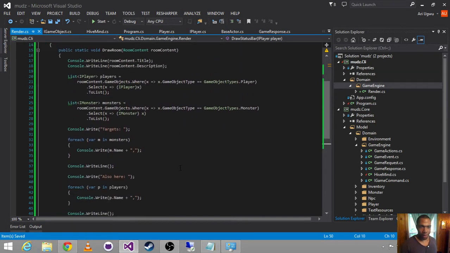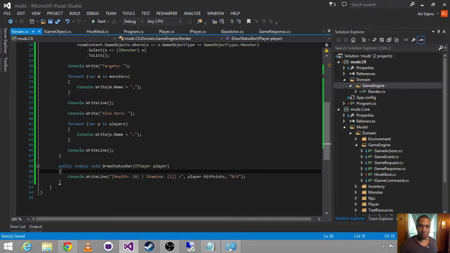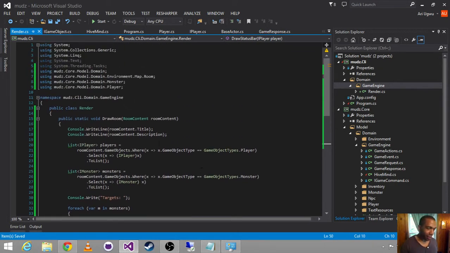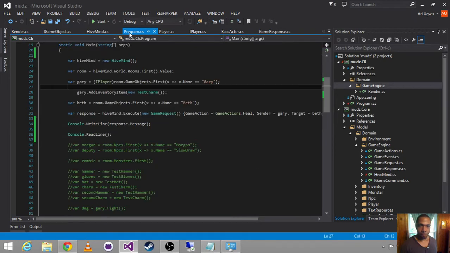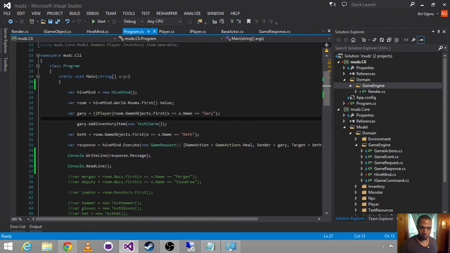So now let's see what happens. We've got two algorithms inside of our render class, and we want to see what happens when we draw that room. So now instead of program,